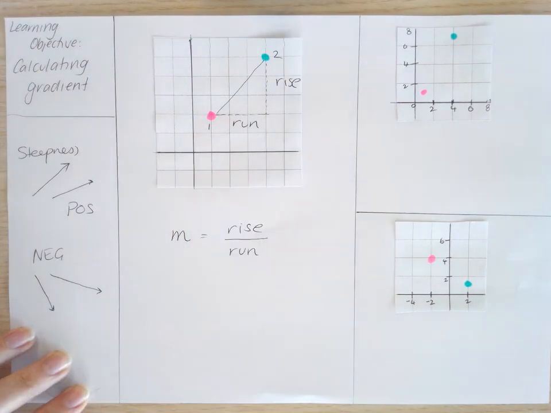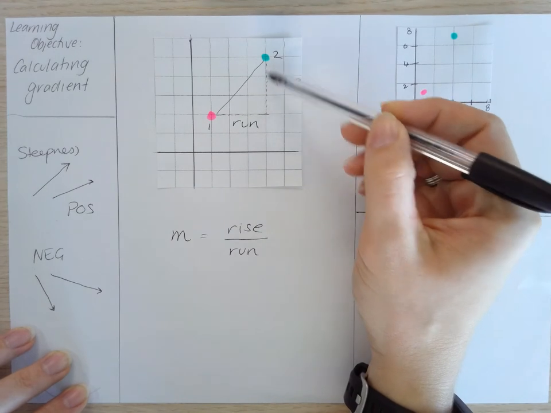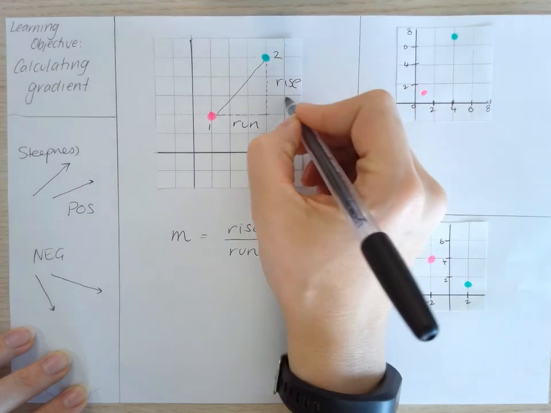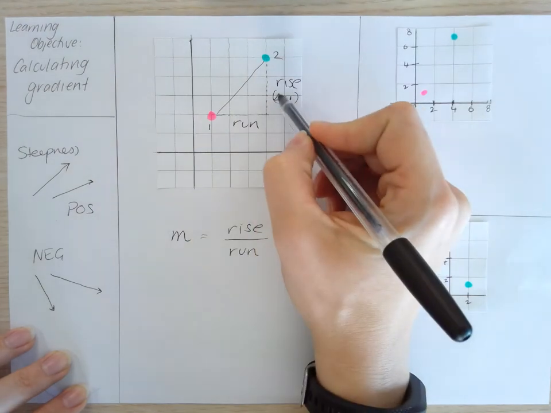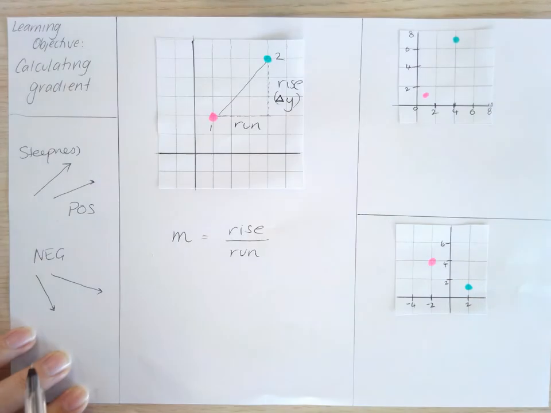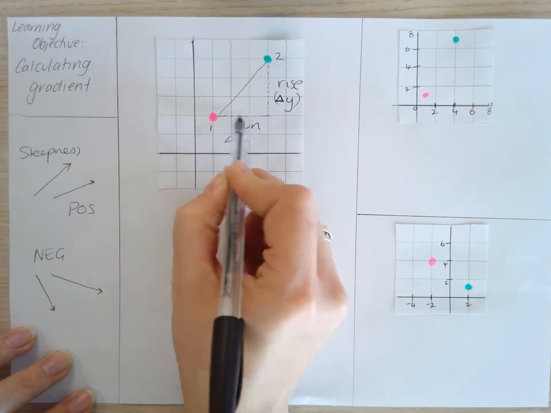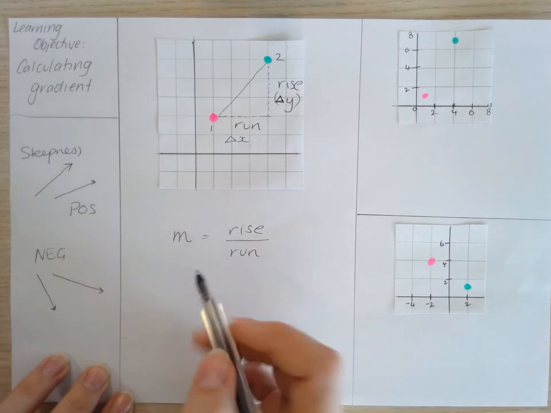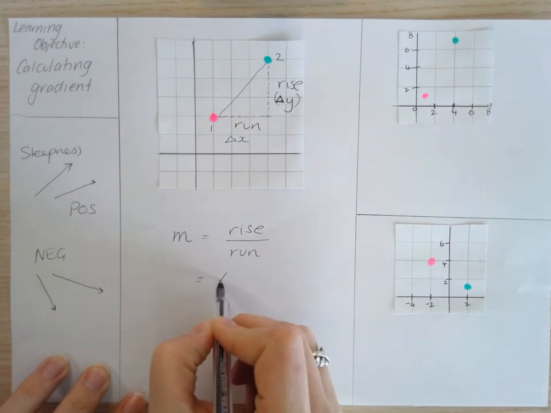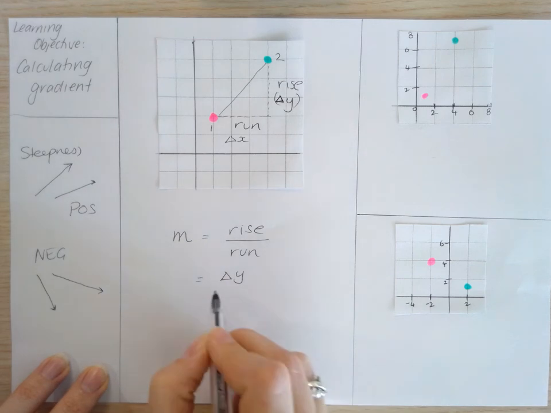So what we are doing is figuring out how much this change is, the change in the y value, remembering this is the y-axis, and we write change as this triangle here, the change in y. And we can also have the change in x, which is the run across, right? So we can actually count it when we have a grid paper here, but we will use our formula today. So it's going to be change in y, because our rise is our y, divided by change in